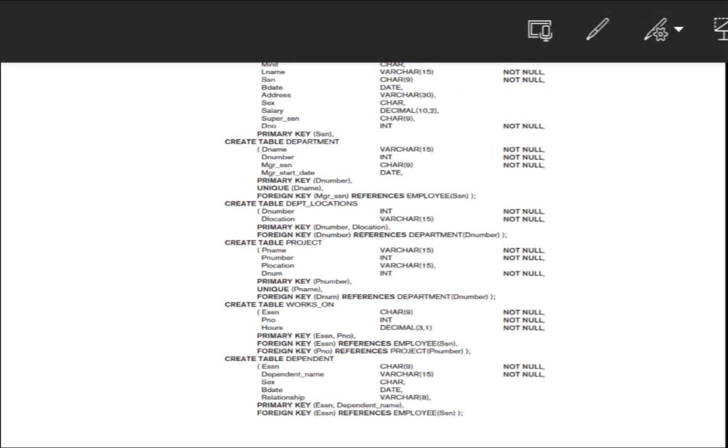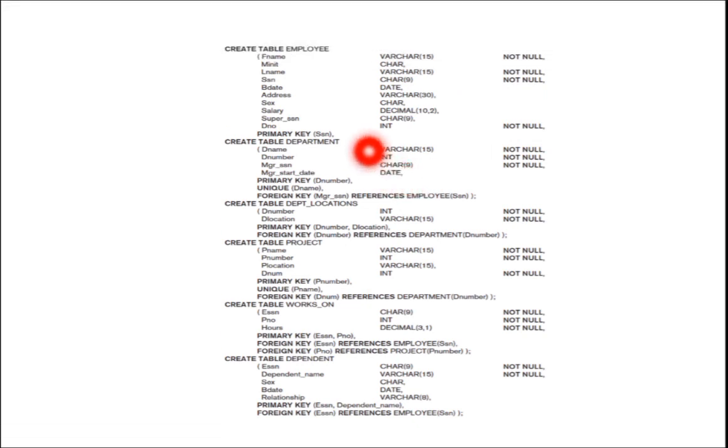In the same way as the employee, I created the other tables like department, location, project, works on table, and a dependent table. All these tables are created in the company database. You can see for each table the attributes are there. Along with that, you have to use data types and constraints also.